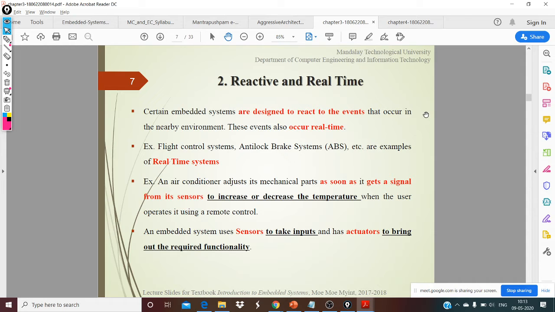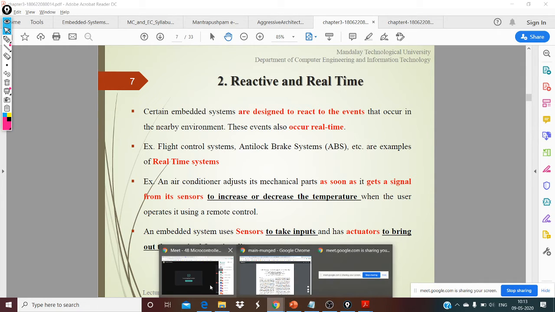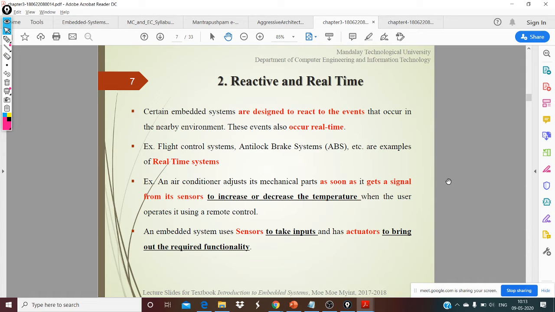Come on, we have Newton's third law, right? Everybody knows Newton's third law. For every action there is an equal and opposite reaction. So in the context of an embedded system, how would you define that? The system is designed for a special purpose, for only one event to react. That was the specific application domain we were talking about. Call out your friend, somebody who can help you. Girish, please help Raghu Babu.